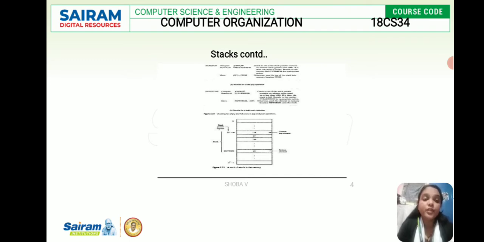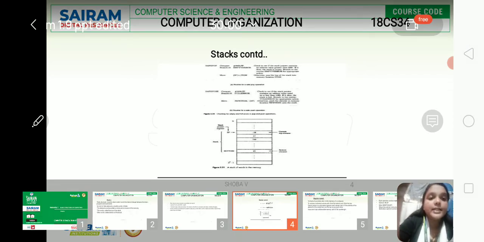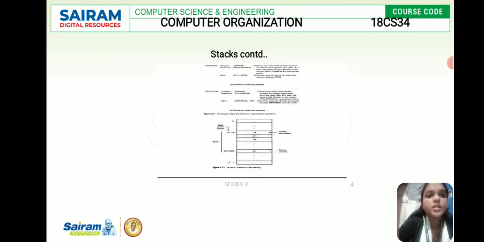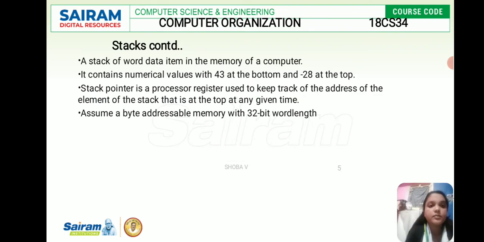If FULL becomes 0, then EMTY will become 1. If EMTY becomes 1, then FULL becomes 0. Both things won't happen at the same time at any cost. So now the stack pointer is incremented by 1 and the address of the next higher word is saved in SP. The word from the data register is inserted into the stack using the memory write operation. So the first element is saved at address 1 and the final element is saved at address 0.